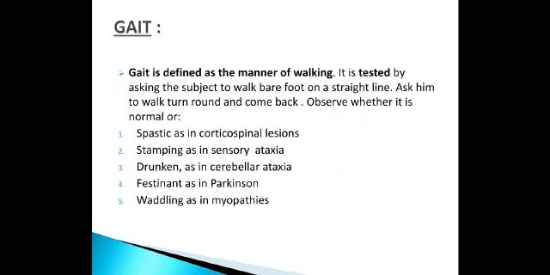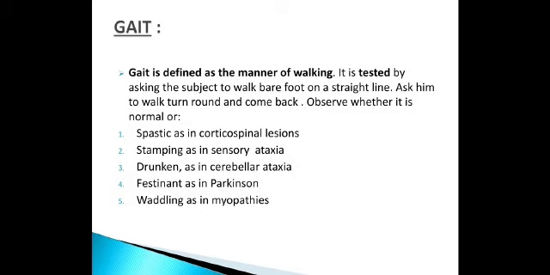So what is tandem walking? Here the subject is asked to walk on a straight line, placing the heel of one foot directly in front of the toe of the other foot. The subject performs tandem walking in a straight line without deviating to one side or falling. The inference is that coordination of movement is normal.